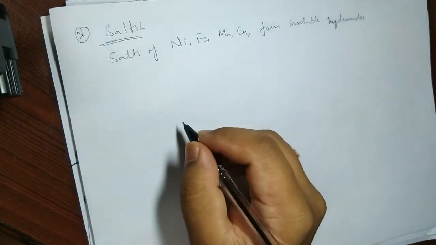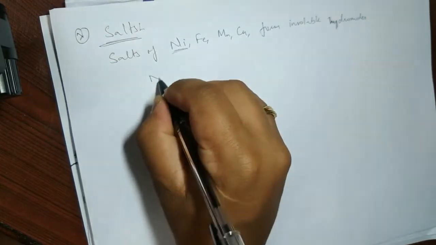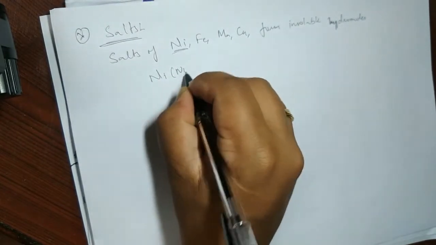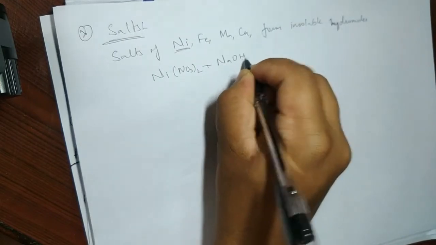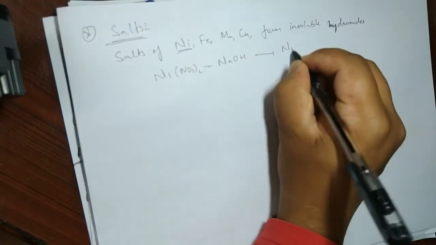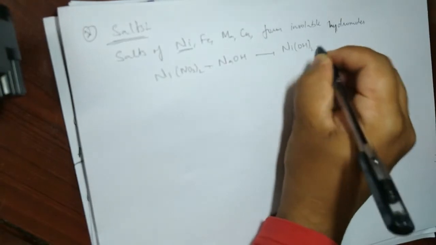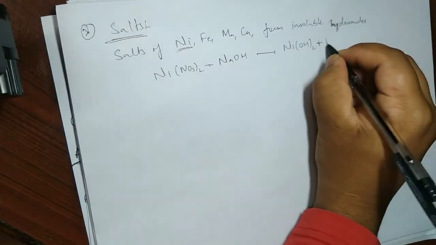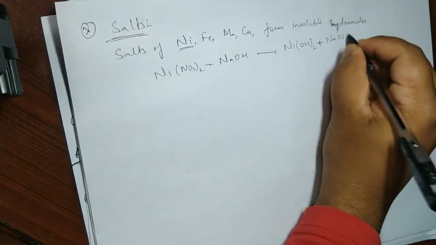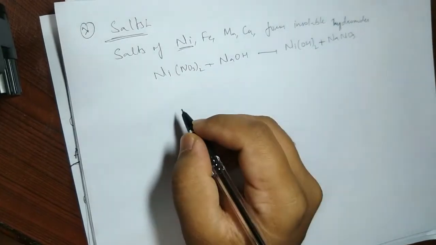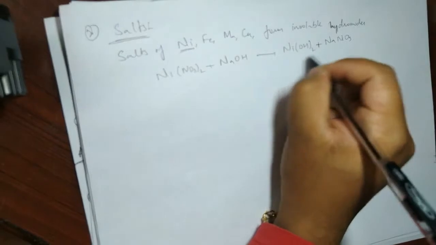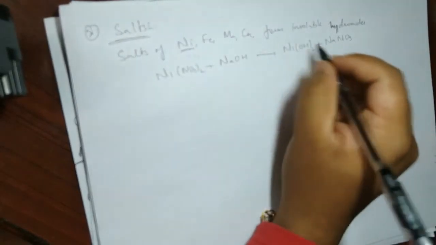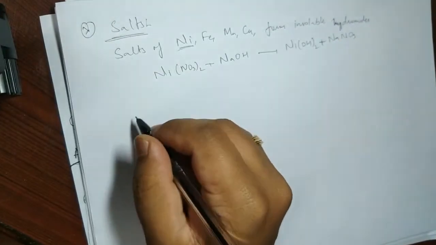Let me take, for example, nickel nitrate, Ni(NO3)2. On treating with NaOH, it forms nickel hydroxide. Of course, they also form what? Sodium nitrate, and that is the salt of another one. So this hydroxide, nickel hydroxide, is not